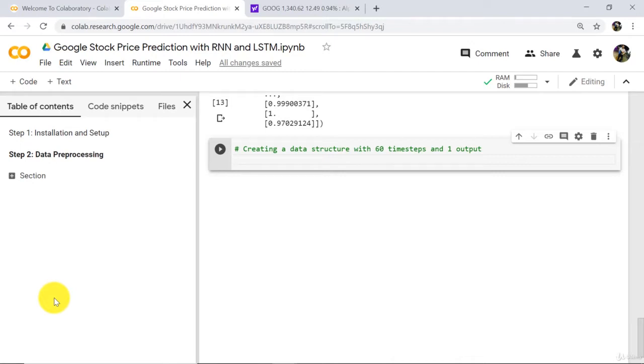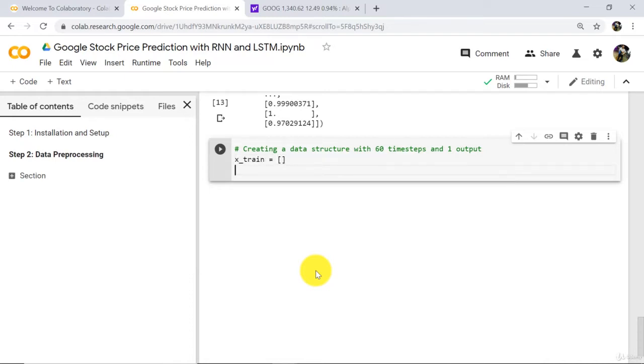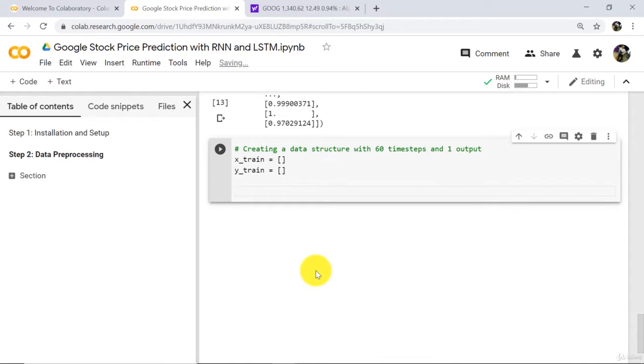Now define two empty lists. The first one is X train, and the second one is Y train. We will append the data in these two empty lists, X train and Y train. Now use the for loop: for i in range,